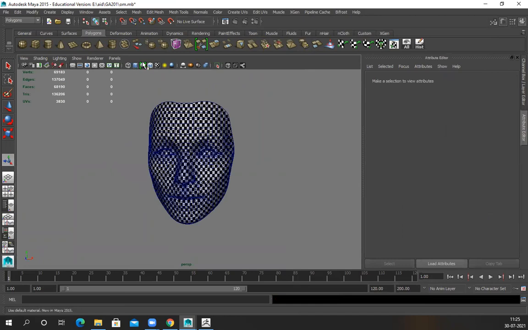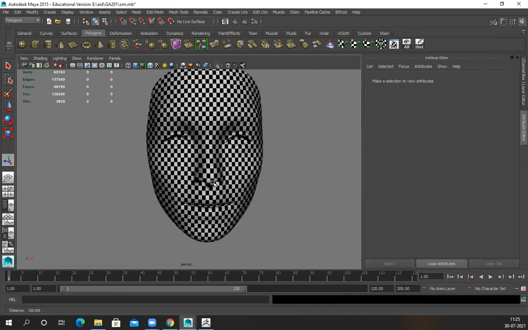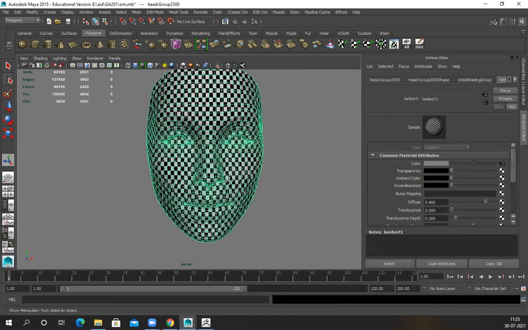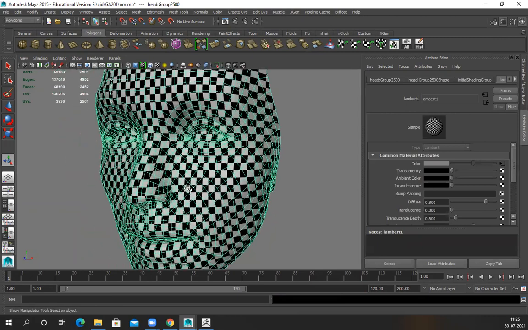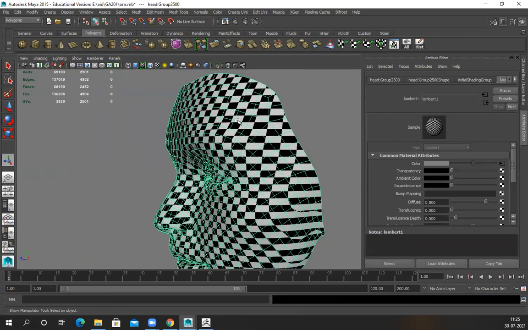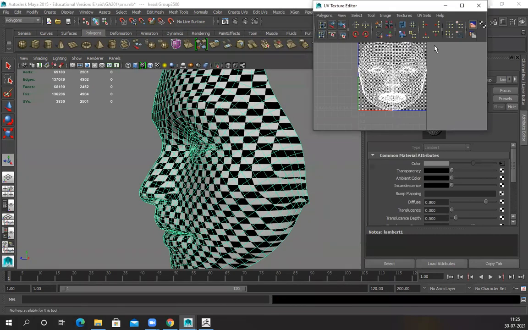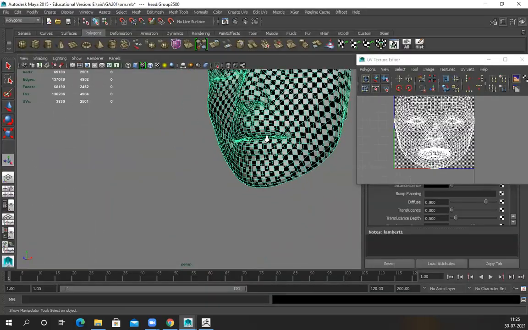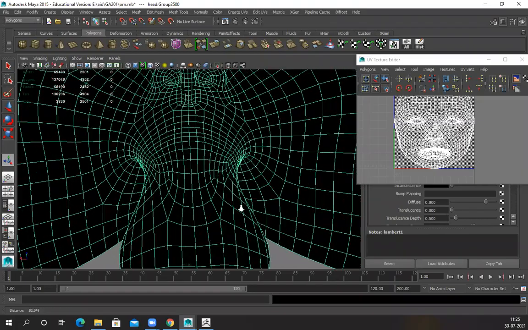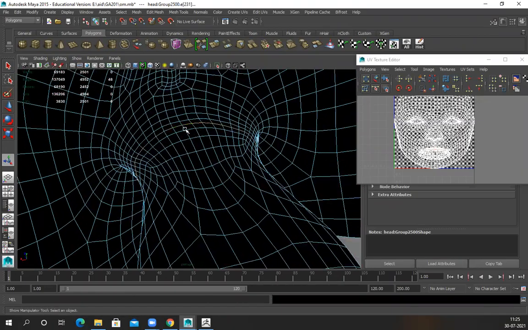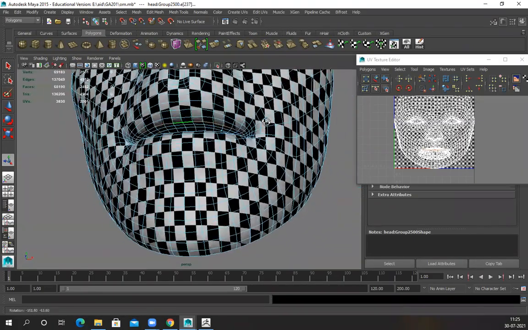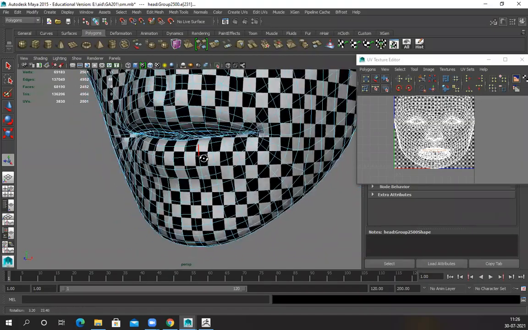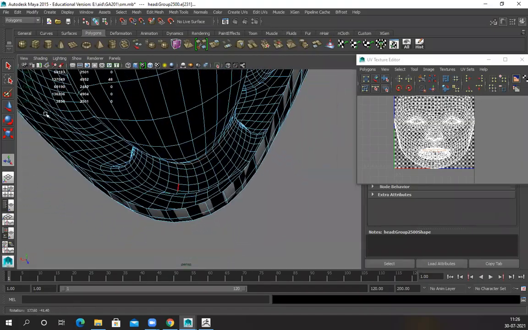Whenever I've seen this, I get confused how they manage the stretching and the checker map. So you can see if I do this, almost everywhere is fine, but only the corners are stretched. In this case, what they do is they separate a few things, like the face and mouth. We can see here this loop, not this one, it's right inside the entire loop. I'll select and cut it.